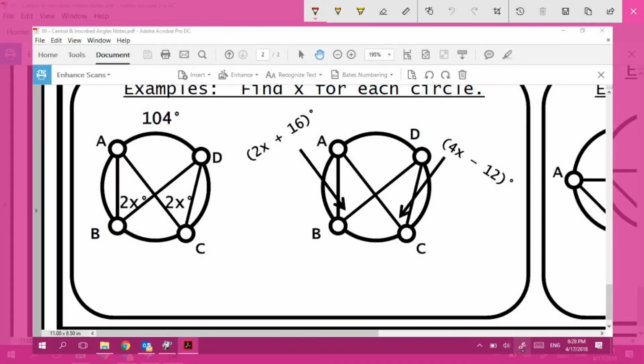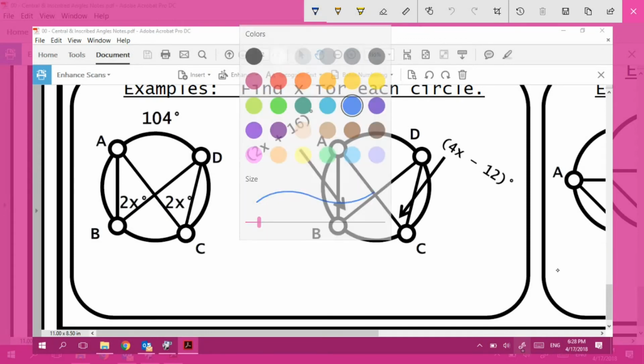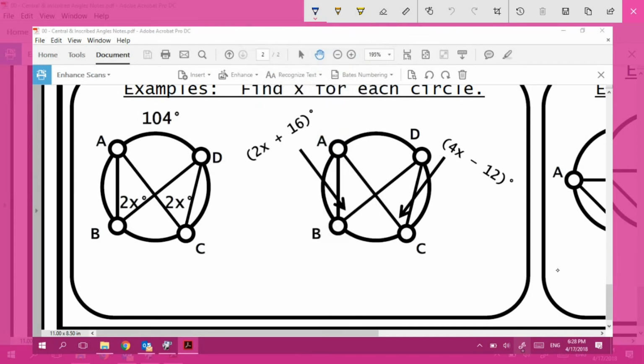So we're finding x for each circle. Take a look on the left, okay, and then you would do the one on the right. So on the left, we've got two inscribed angles. Bam, angle ABD. That's right here, but that's 2x, right? Then we've also got over here angle ACD, but that's also 2x. So if I set those equal to each other, that's just gonna be 0. That doesn't make any sense. But remember,